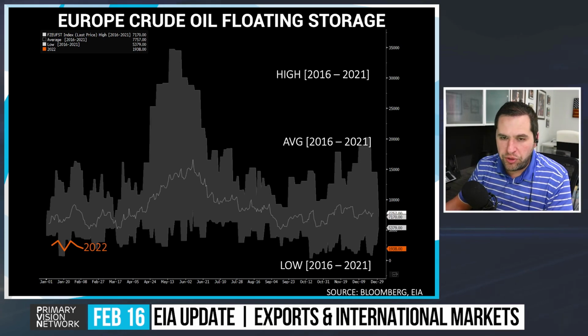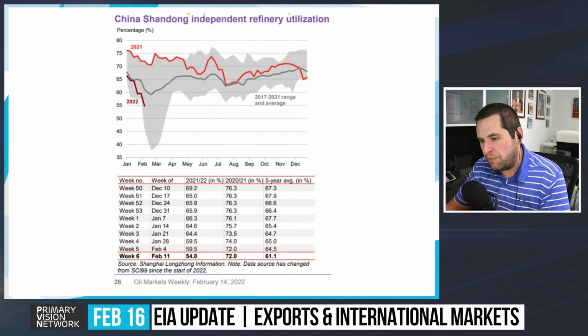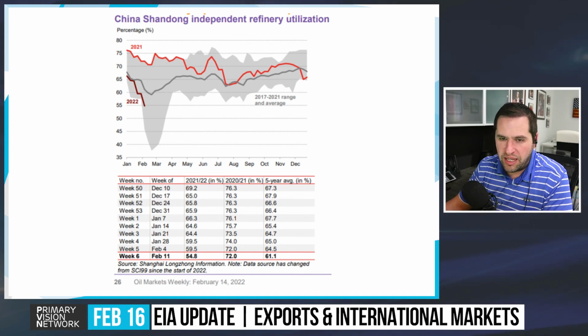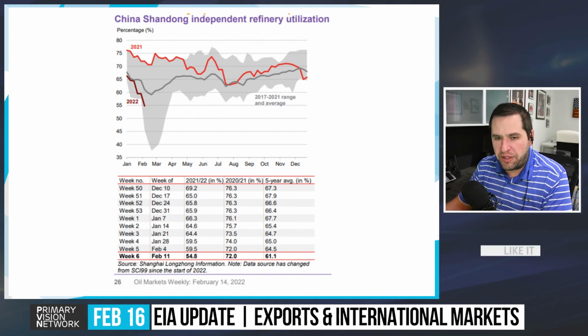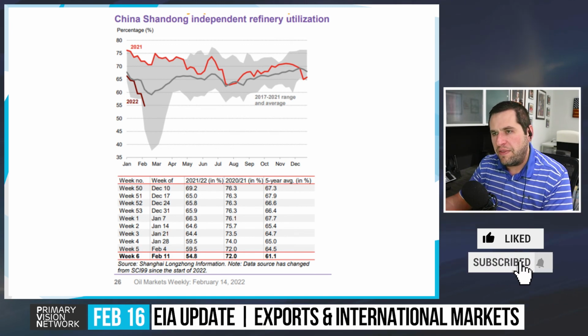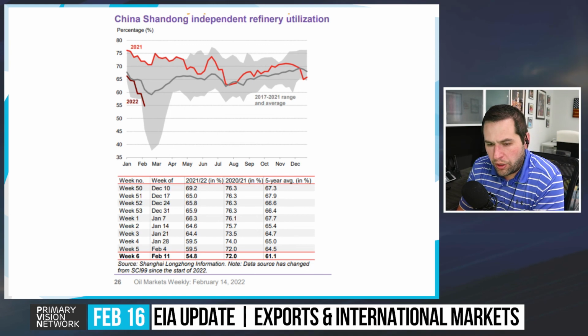And then rounding this out, when you look at what is happening in Shandong, the teapots, you had another decline. A lot of this is driven obviously by the Olympics. They have been asked to not start back up till at least the 20th, and then they have maintenance season, which will start to turn around. But as you can see, that is a very normal thing. Obviously, it's more than normal given the average, but we do expect this to come right back to the 2017 to 2021 range, and then stay fairly stable as we go through the remainder of the quarter,